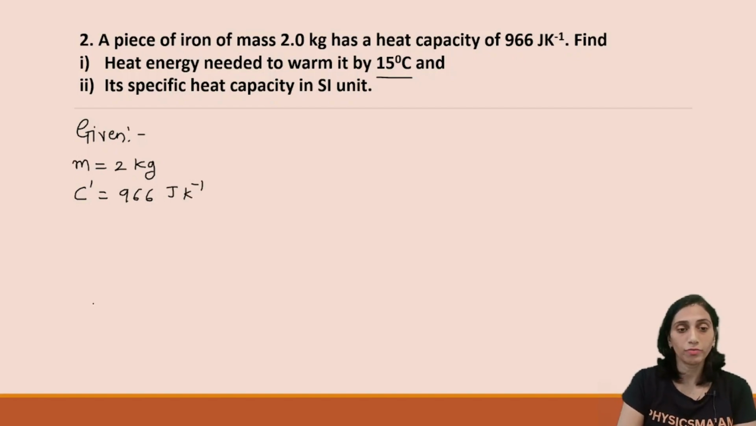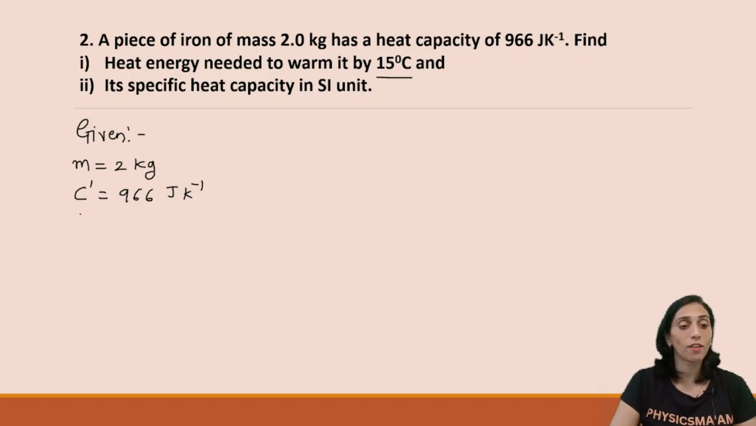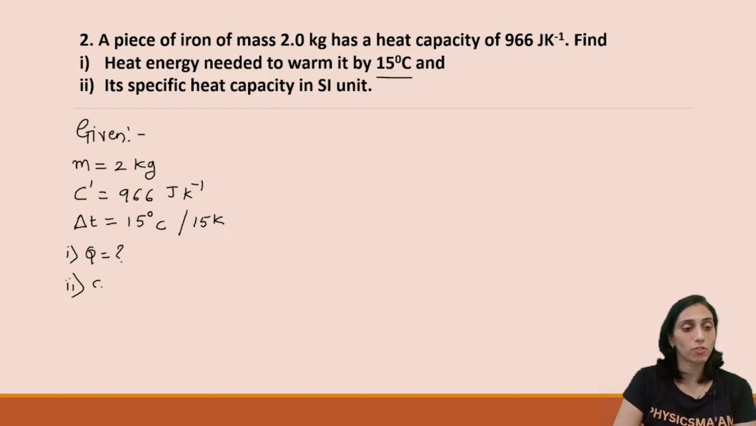And what is unknown? Okay, is there anything known to us more than that? Yes, it says heat energy we need to find to warm it up by 15 degrees Celsius. So they've given that the body's temperature will increase by 15 degrees Celsius. So they have also provided the delta T, which is 15 degrees Celsius, or I can even write it as 15 Kelvin, right? Now unknown things. First is your Q, heat energy, and the second unknown is your specific heat capacity, which is smaller c. Okay, so we'll solve the first part first. Can we solve this? Q? Yes? Okay. Q. Q is equal to,